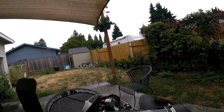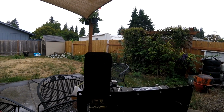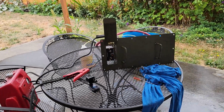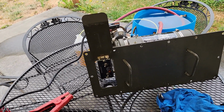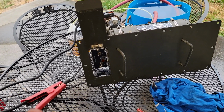Did I lose my prime on the pump? Yes, I did. Start the whole process over again. Alright guys, let's just say that was a fun 5-minute run time. It only cost me a couple $100, so